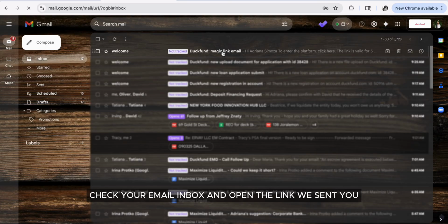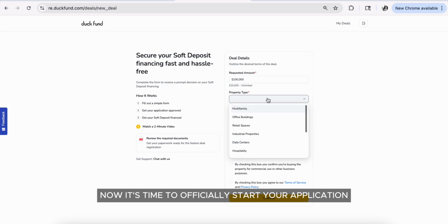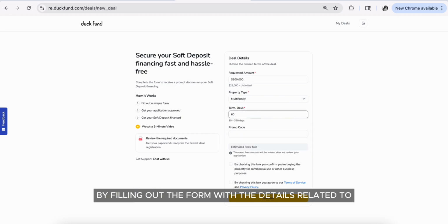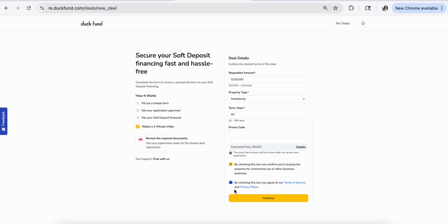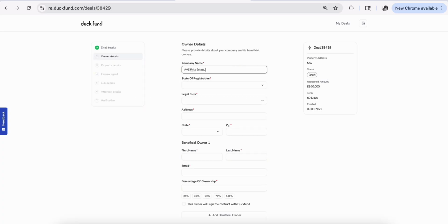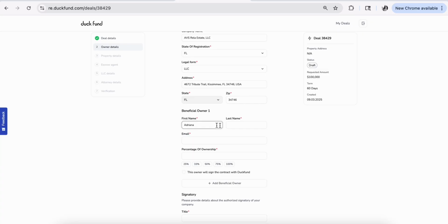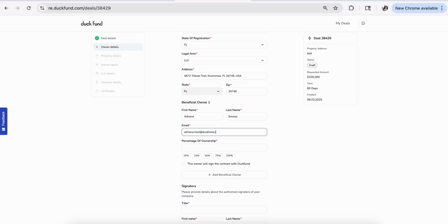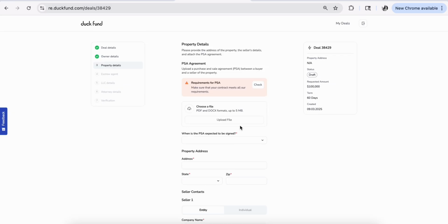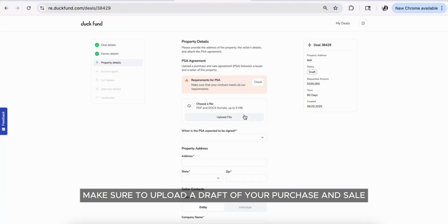Next, check your email inbox and open the link we sent you. Now it's time to officially start your application. Move on to the next step by filling out the form with the details related to your deposit, your company, and property. At this point in the form, make sure to upload a draft of your purchase and sale agreement,